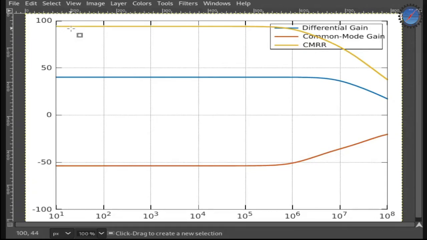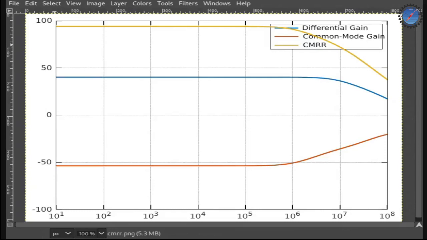This is nearly 100 as we had calculated, coming out to around 93 dB. Then it starts tapering off. Here, both the pole in the differential gain and the zero of the common mode gain contribute to a reduction in the common mode rejection ratio.